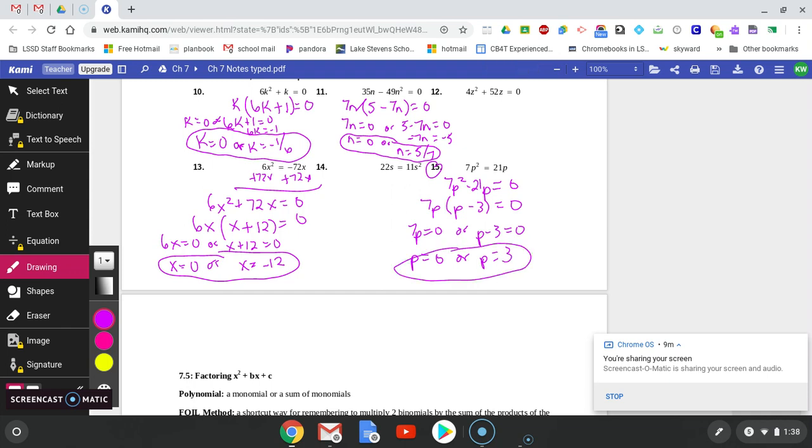So all of this is possible because of our good friend, the zero product property. Two things are being multiplied together and it's equal to 0. One of those things at least has to be equal to 0. So if it's not equal to 0, get it equal to 0. If it's not two things being multiplied together, factor it so it's two things being multiplied together. Take a second